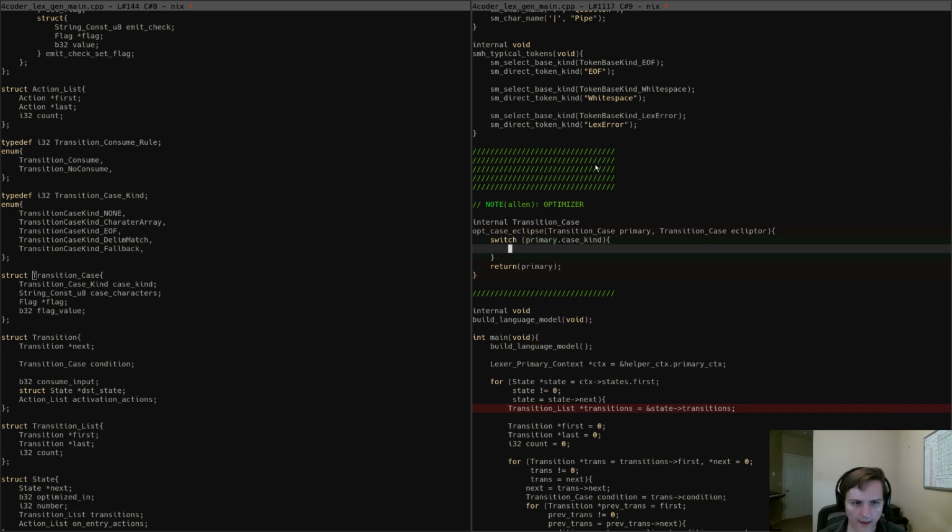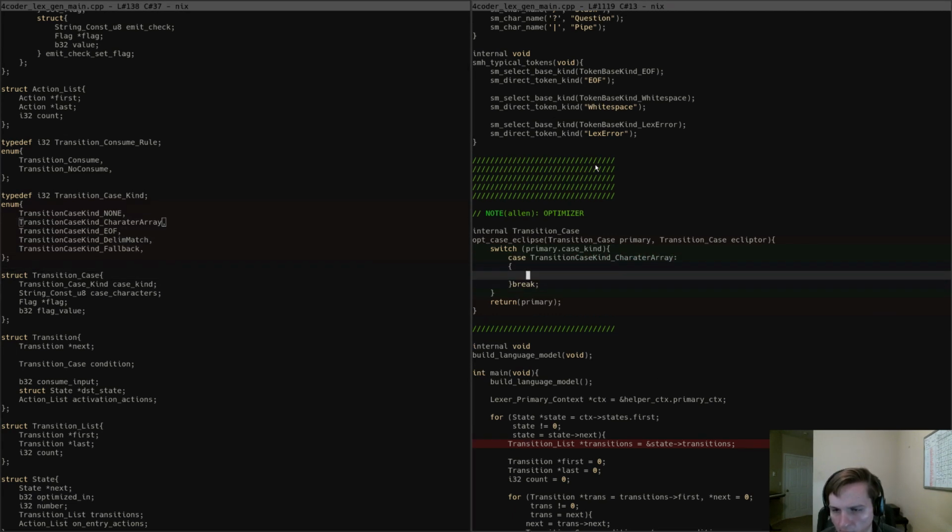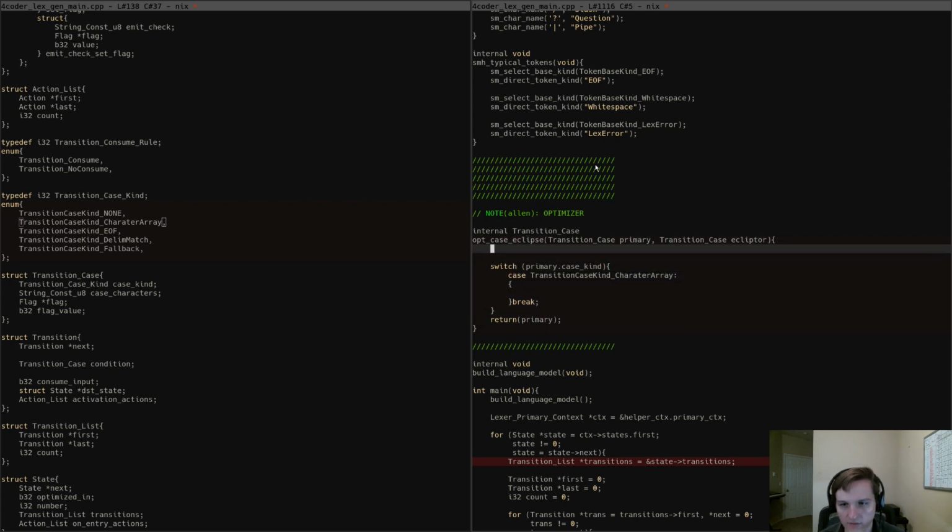So we're switching on that. Okay, so now what we're going to do is for each of these, we're going to say, if this is the type of thing I am, then I need to look at Eclipter to see what it is, to see if it eclipses me. So, first of all, I am only eclipsed by something if its flag checks eclipse my flag checks. So that's something I can do before I even do this part. I can do flag checks,